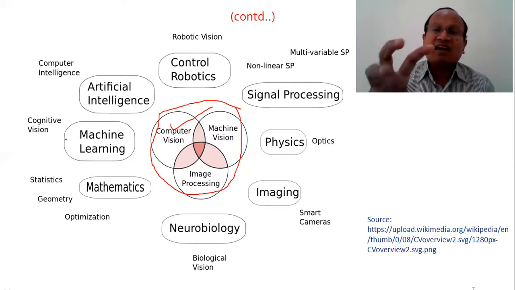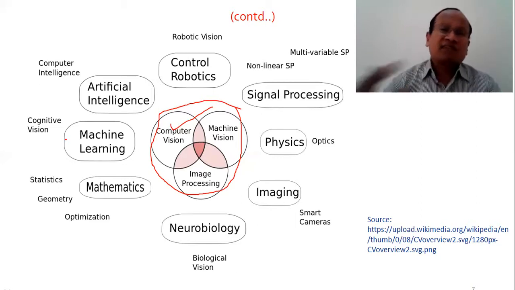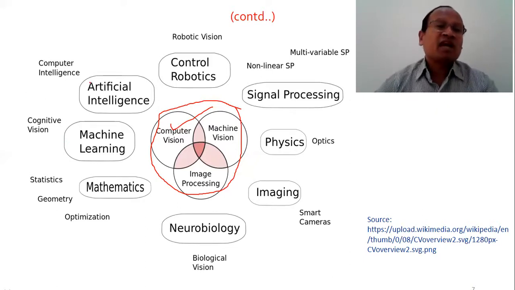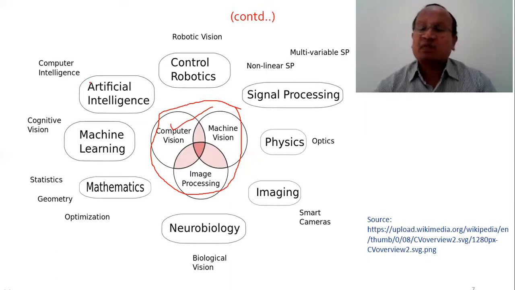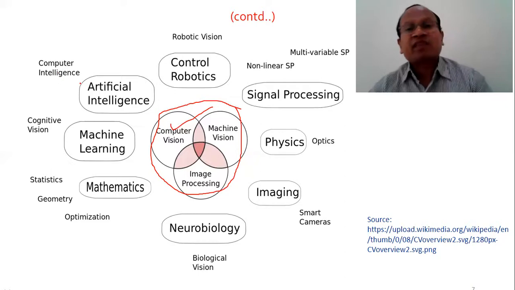And by training and learning itself, it understands the different features and accordingly develops a knowledge base: yes, this is how these features are combined, correlated and interrelated together, and accordingly some decisions could be made, a classification outcome can be made. Computer intelligence, AI, that is artificial intelligence, is nothing but an expert system. The computer acts as an expert system and mimics the human brain.